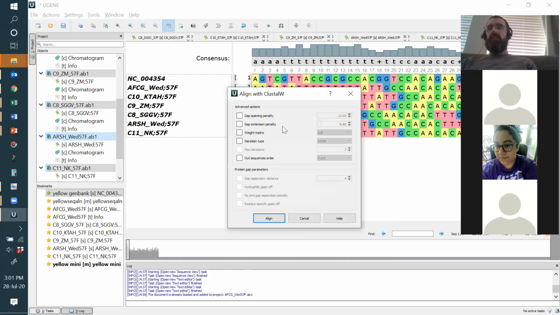Click on that. These are a bunch of settings which you don't need to change, but they're essentially what you would tweak if you wanted to fiddle around with the alignment. If it gave you some really crazy options or output, then you would fiddle around with these to try and get rid of that. Essentially, say you're working with divergent species sequences, and it was struggling to match them up as you know they should be matched up, then you can fiddle around with these to try and get